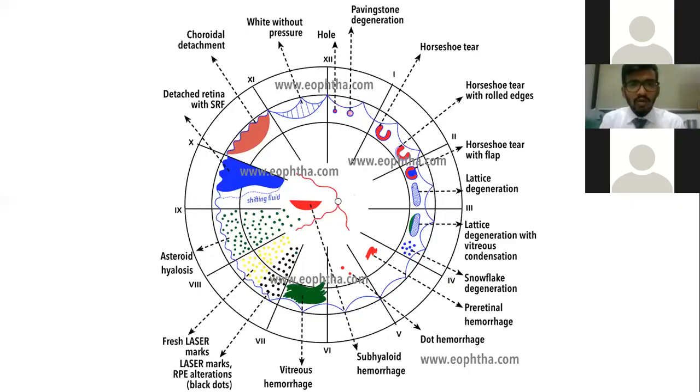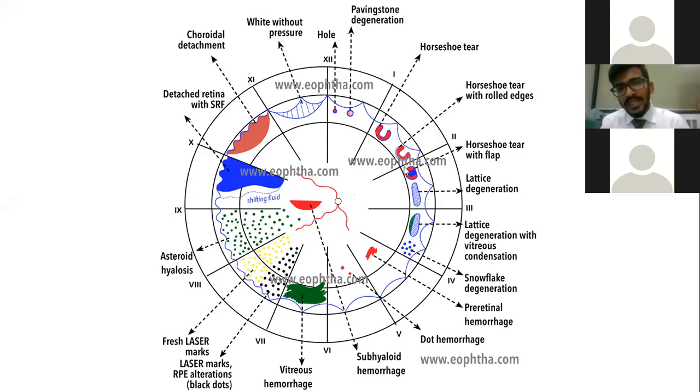We'll see the color coding very briefly in this picture. This picture almost summarizes all the retinal RD changes that you see. Starting with the red, you can see on the superior nasal, we have a HST. The HST is always red in the center with a blue outline. If you have a flap, the flap will also be a detached part, so you draw it with blue.